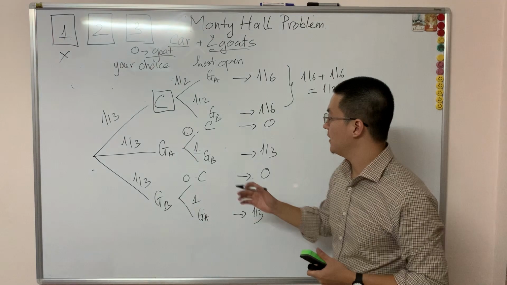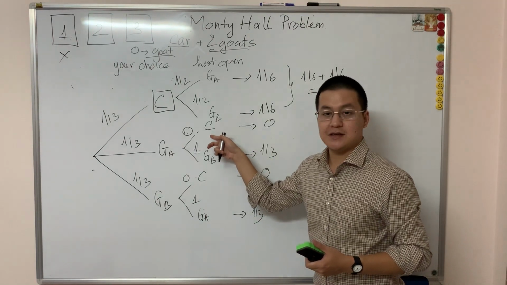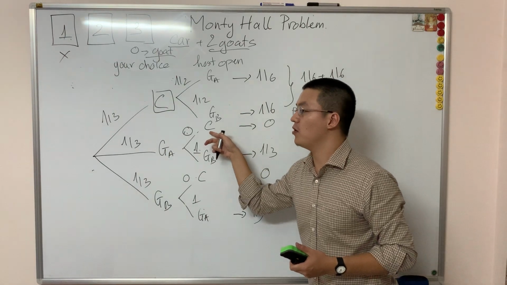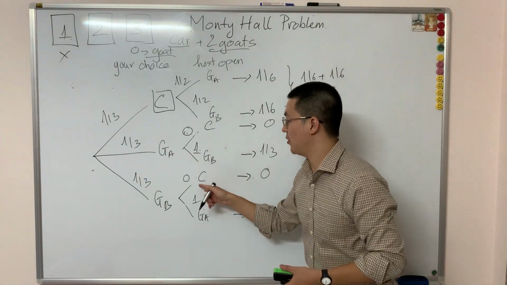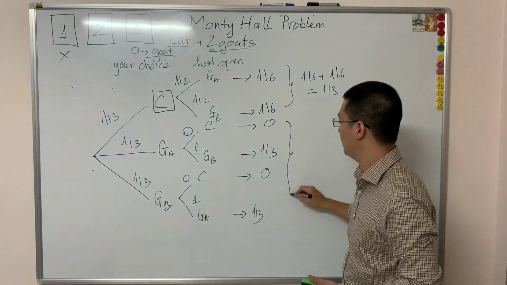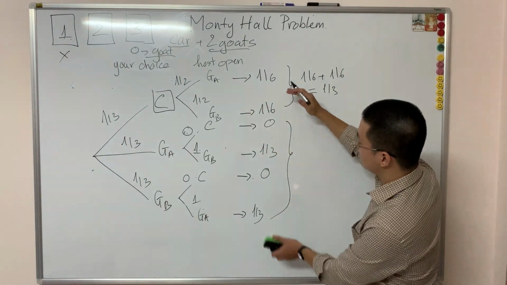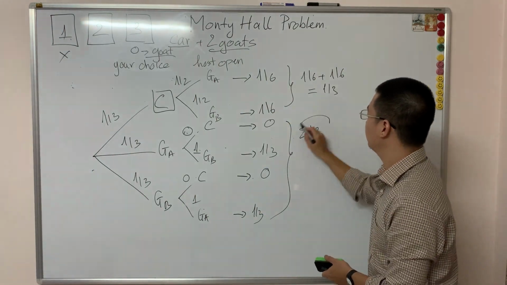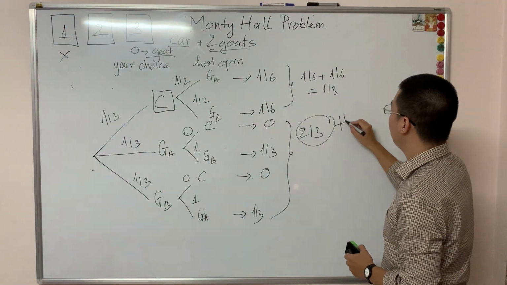However, in this situation, the probability that the host does not open the door with the car behind is 0. Is 0. So the sum of probability here is 2/3. The 2/3 means that the probability